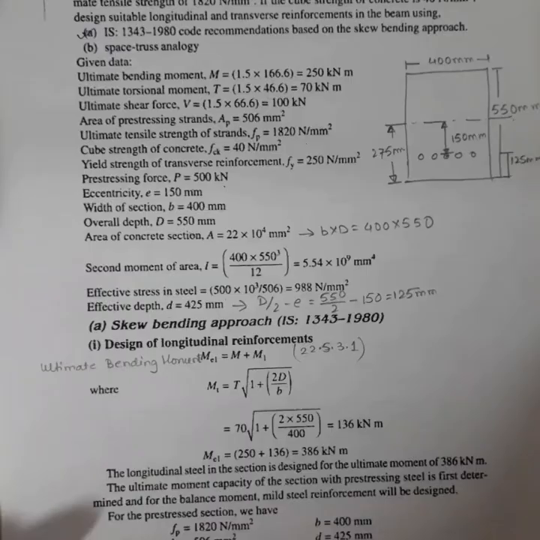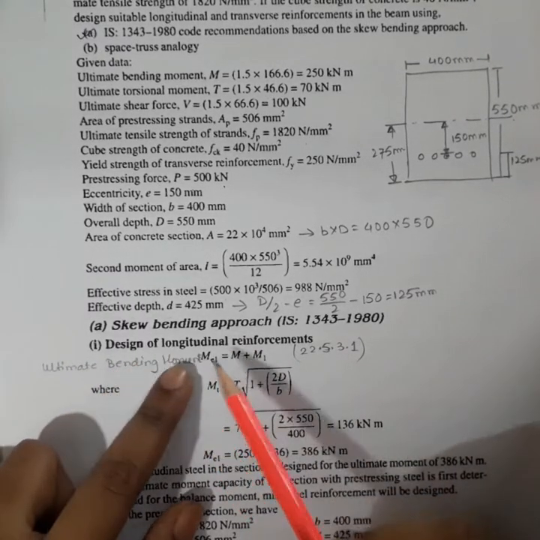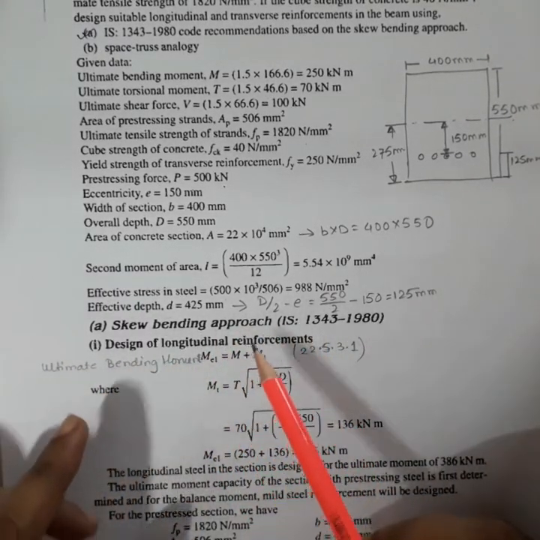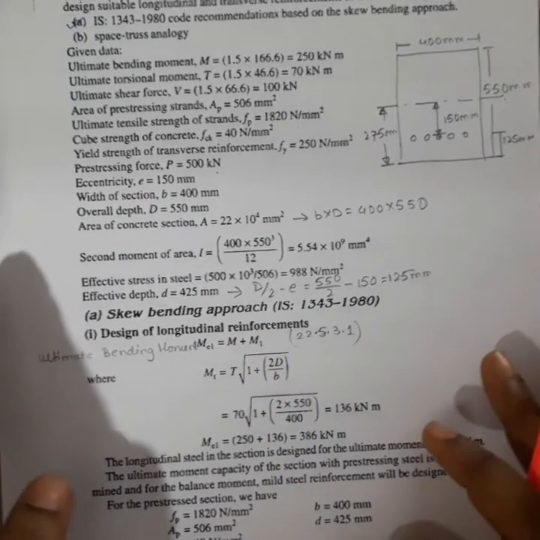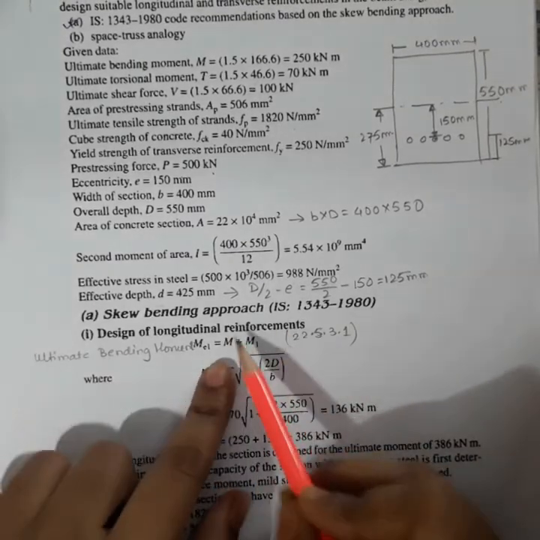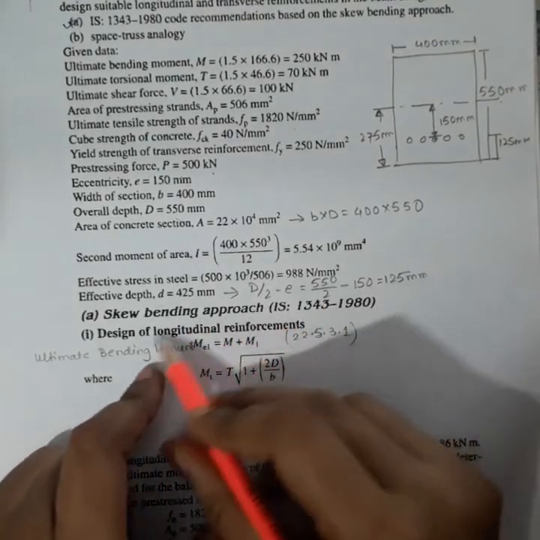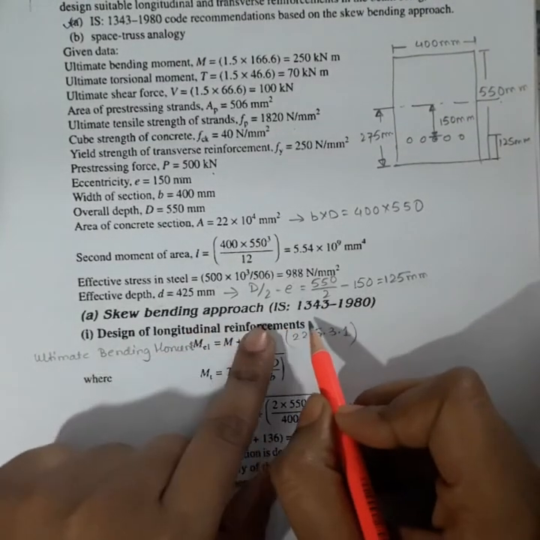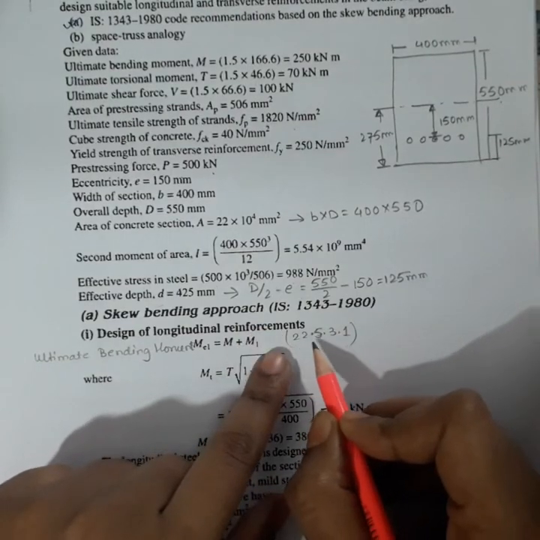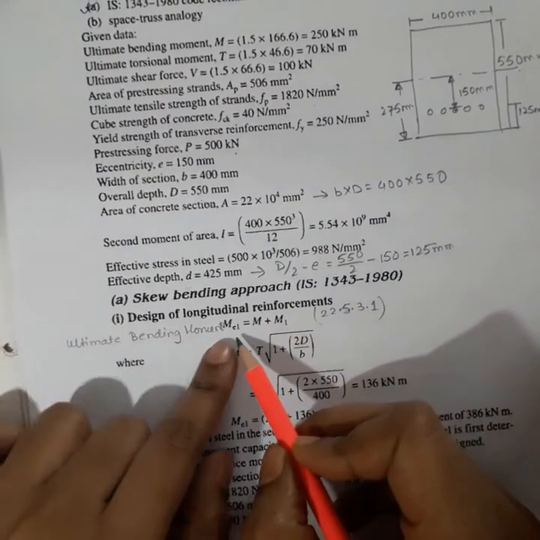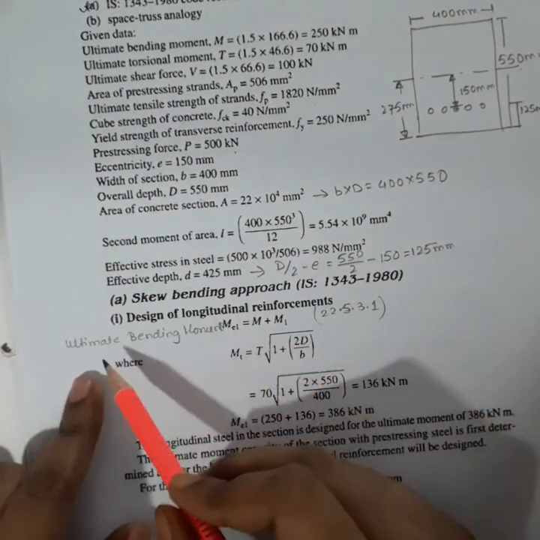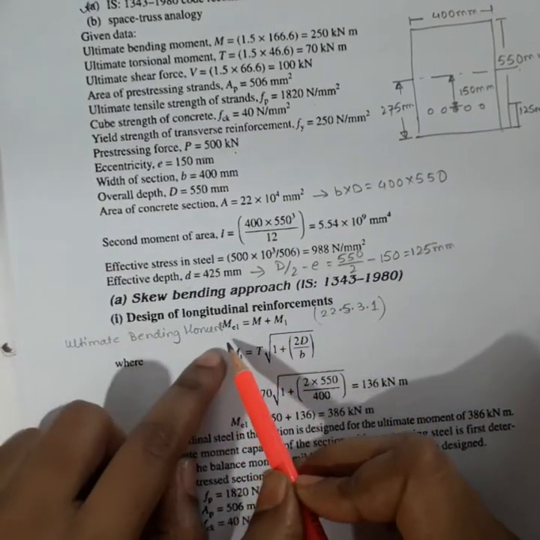Okay. So now adopting the skew bending approach, which is given in IS 1343 1980, we will design the longitudinal reinforcement and the transverse reinforcement. So let us discuss the design of longitudinal reinforcement. This is provided in clause 22.5.3.1, where in the code it is described that the ultimate bending moment,